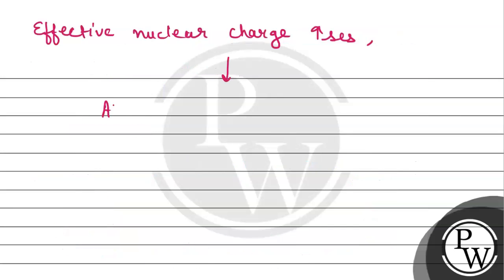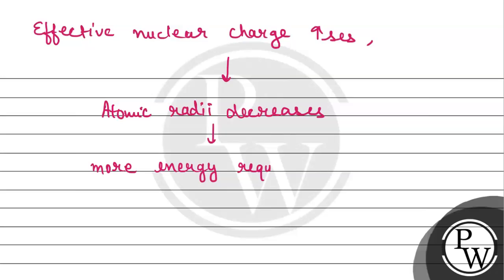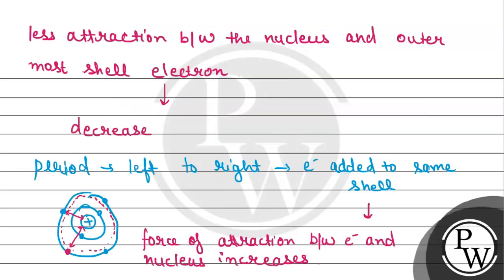So here we can say atomic radii decreases, and if atomic radii has decreased, then more energy will be required to add the electron, more energy required, which means in the last shell, if we have to add one more electron for electron affinity,